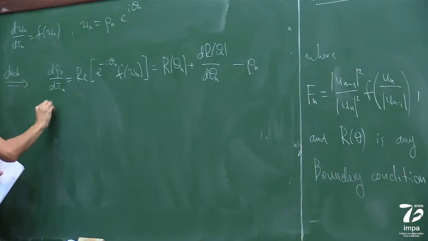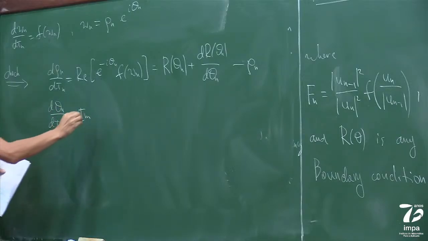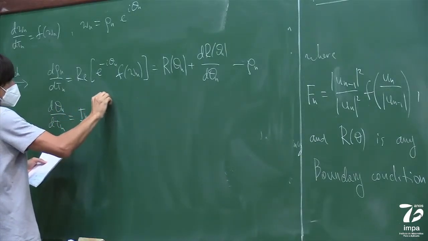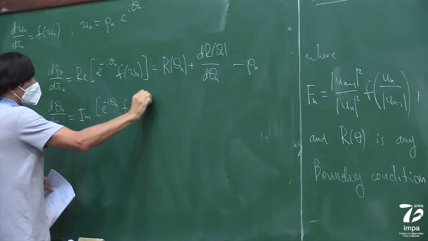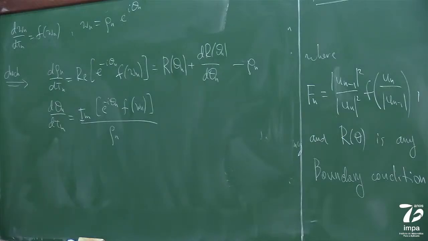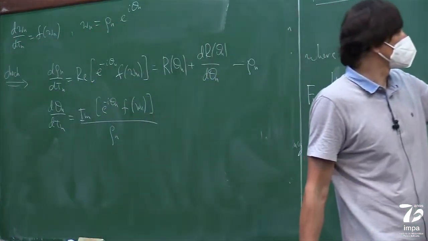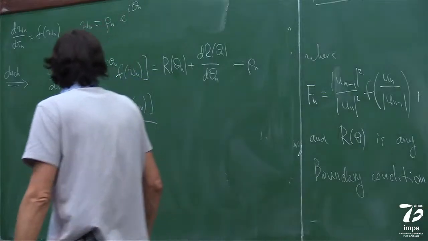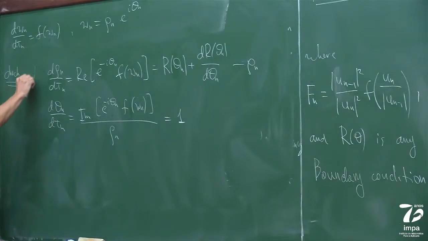And the equation for the phase, the general expression is given by the imaginary part. On top we have the same expression, and it's still divided by the absolute value. So exactly the same expression. You get the imaginary part will be rho, and you divide by rho. So it's 1. So we get this system of equations, which we can solve because in the second equation the derivative is 1. So from the second equation,